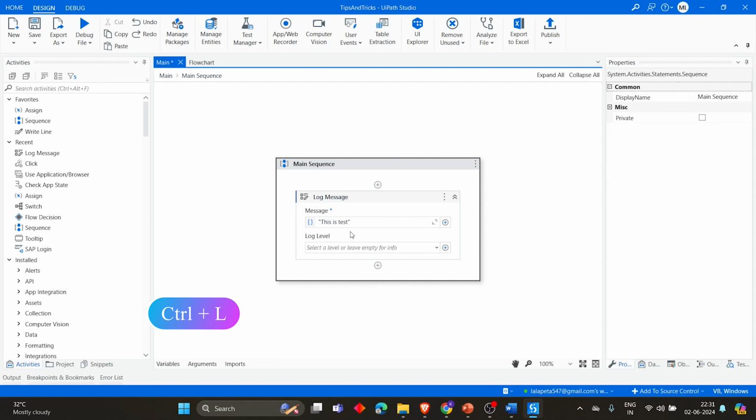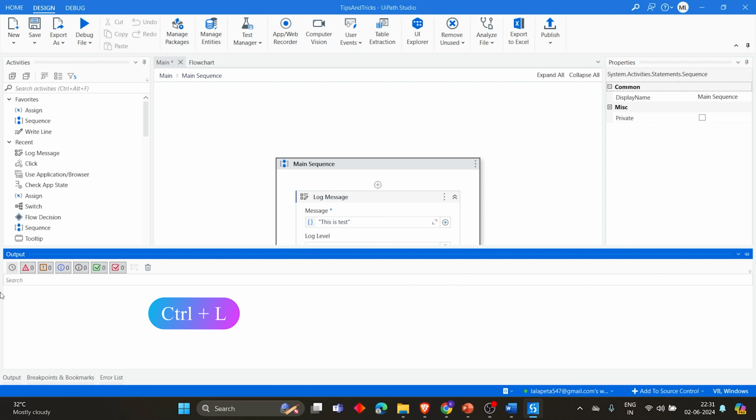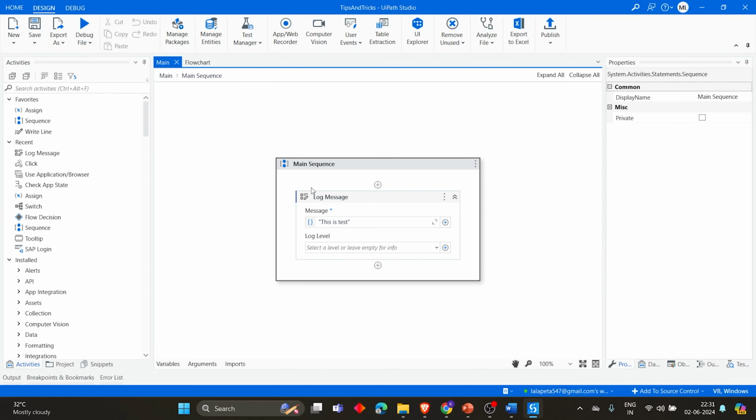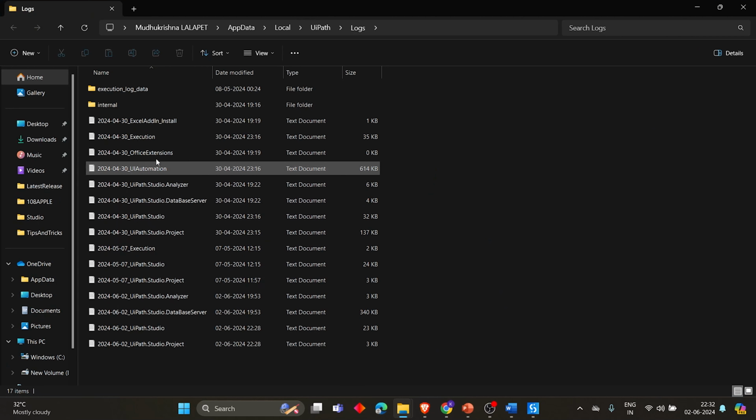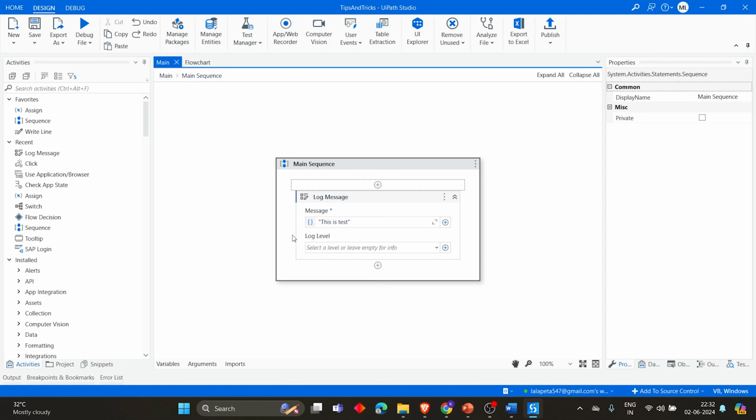And then Control L. Every time the process runs, in the output panel you will be seeing only the current run logs, right? If you have to see all the runs that happened within that virtual machine or within that PC, all these will be stored in a personal space in C drive. If you want to access that folder, you can just click Control plus L, and that will open your logs panel. Then you can select by the time you can open, and each log will be saved. Past logs also we can access. Next,